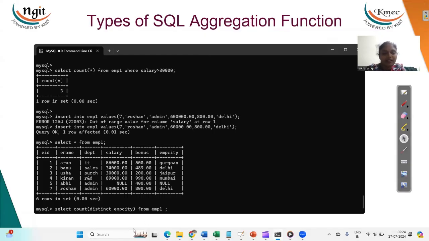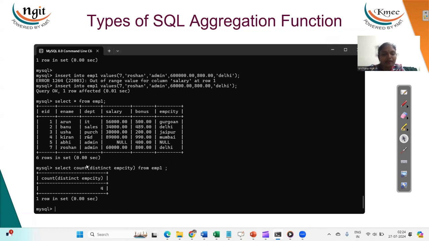Now let me apply the count function with a distinct keyword. So I wanted to retrieve all the records from the employee table wherein the employee city should be distinct. So when we write a query like this,